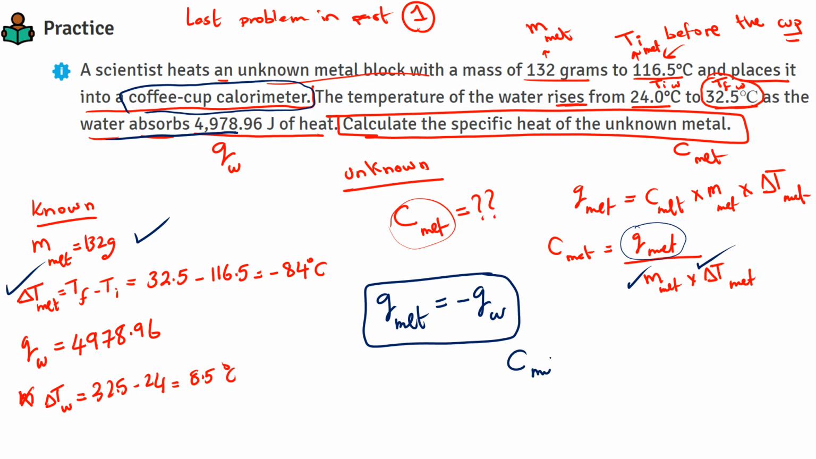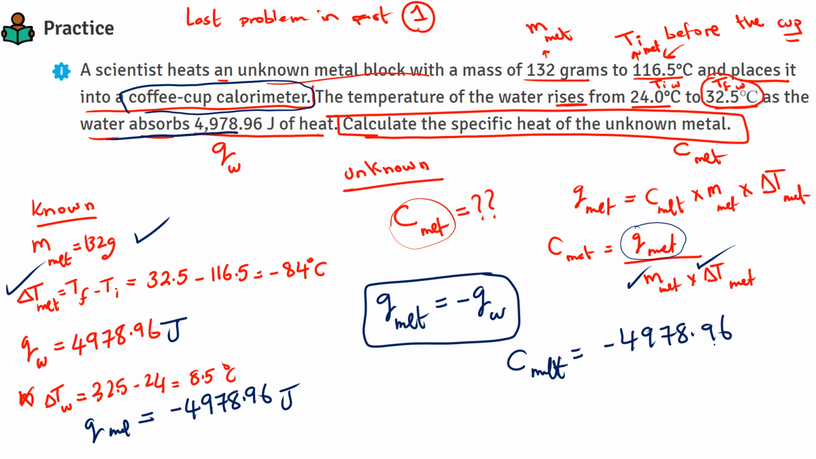So actually now C metal is going to be, if we add Q metal, minus 4,978.96 joules. So C metal is going to be 4,978.96 divided by the mass, which is 132, times minus 84. The minus cancels with the minus, because C values must always be positive. So this is 4,978.96 divided by 132 times 84, which is going to be